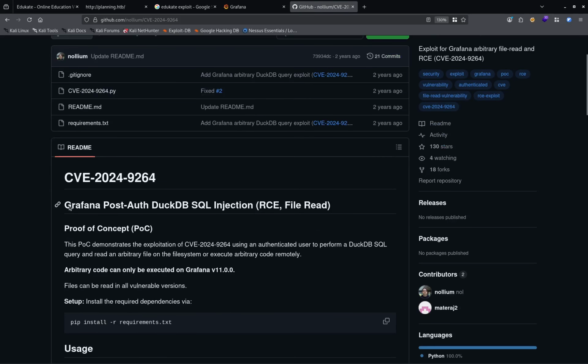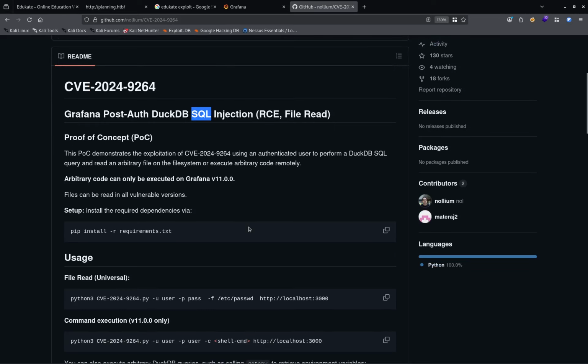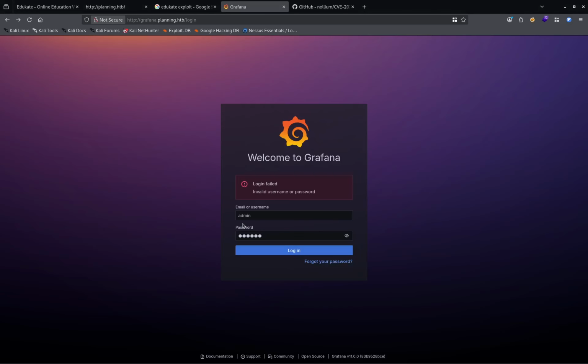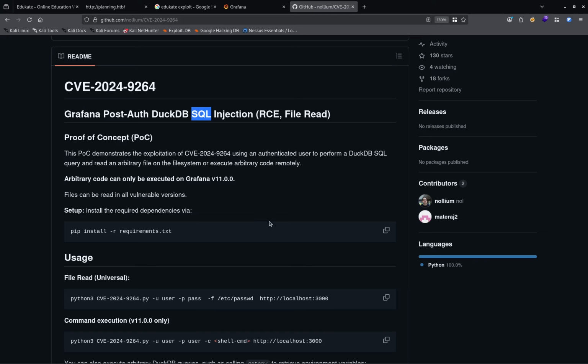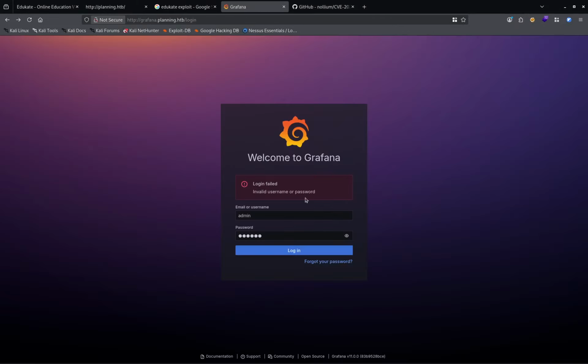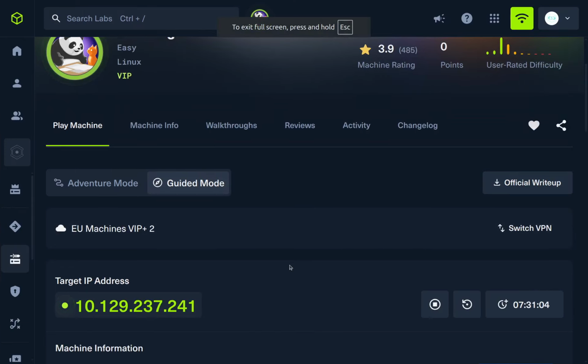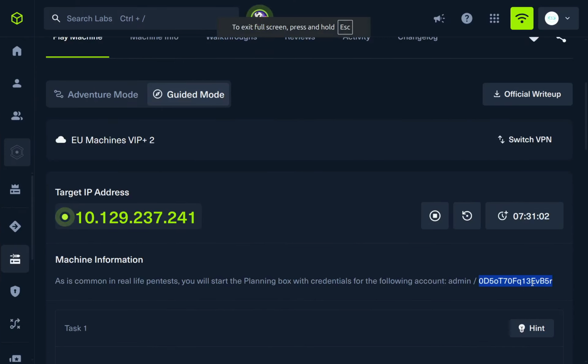So let's check. It's a SQL injection, but I don't think it's in the login form. There is a proof of concept for an authenticated user, but we are not authenticated yet. Here we use our admin and this password,